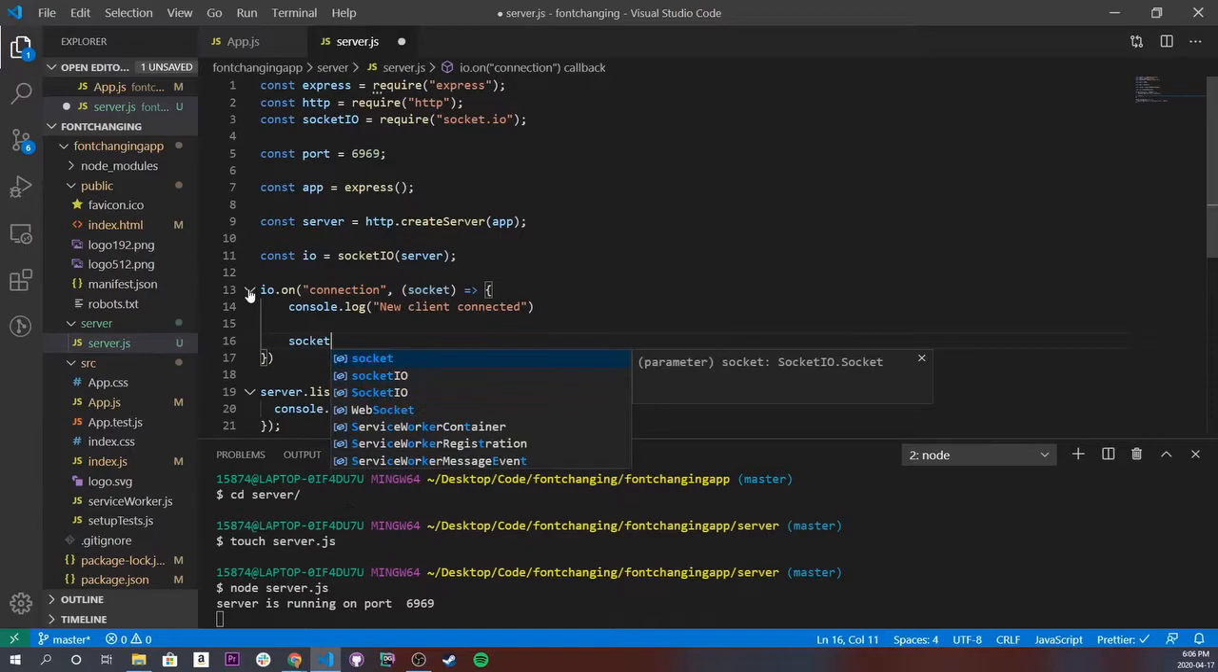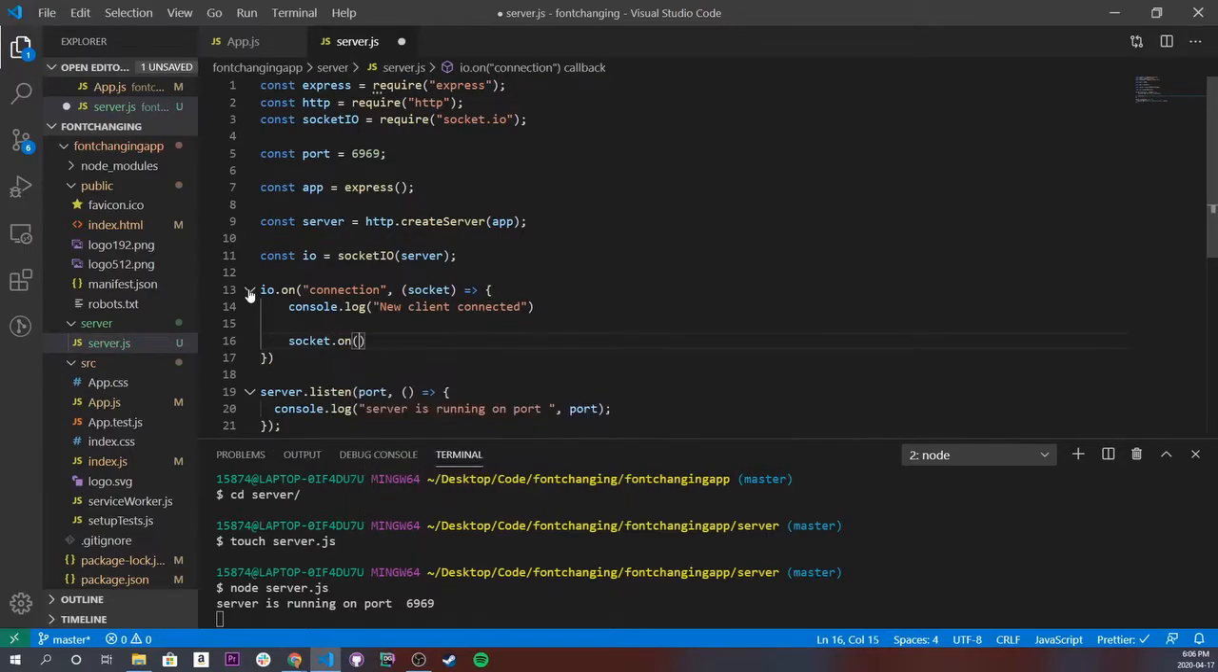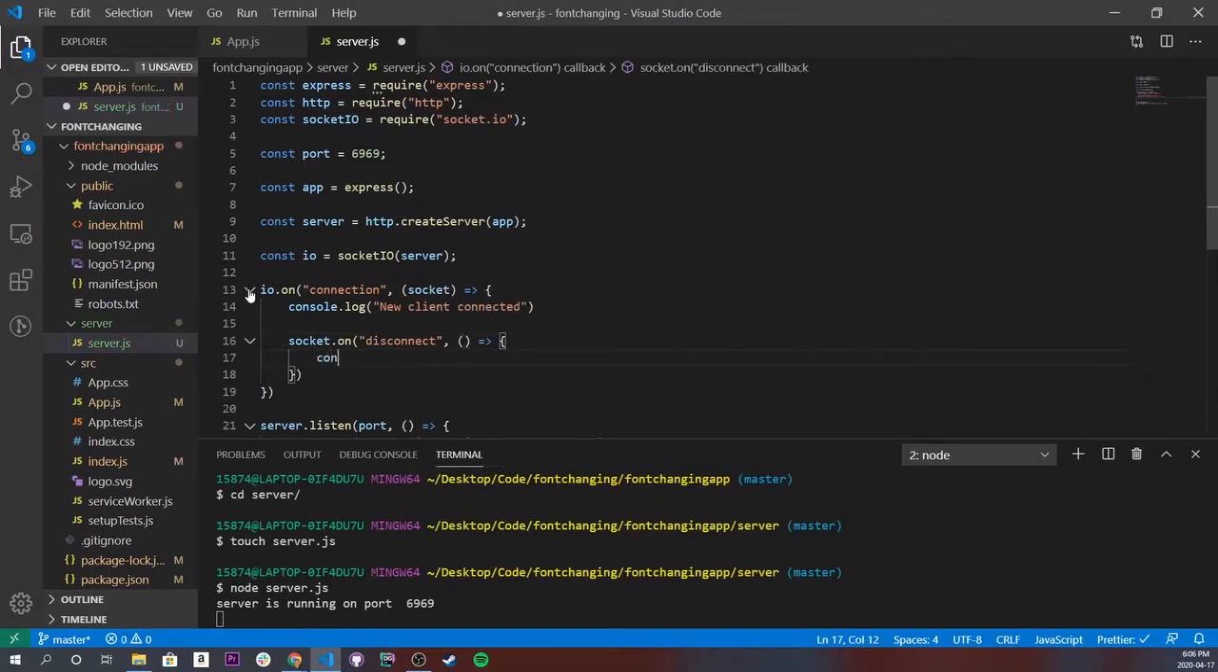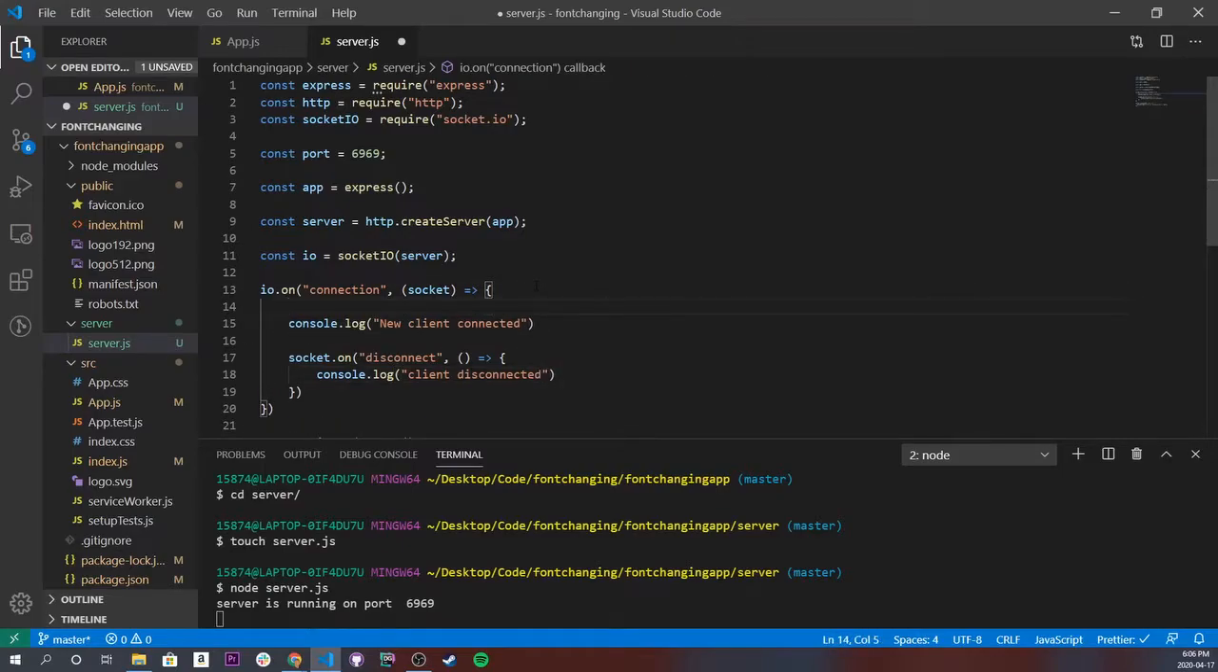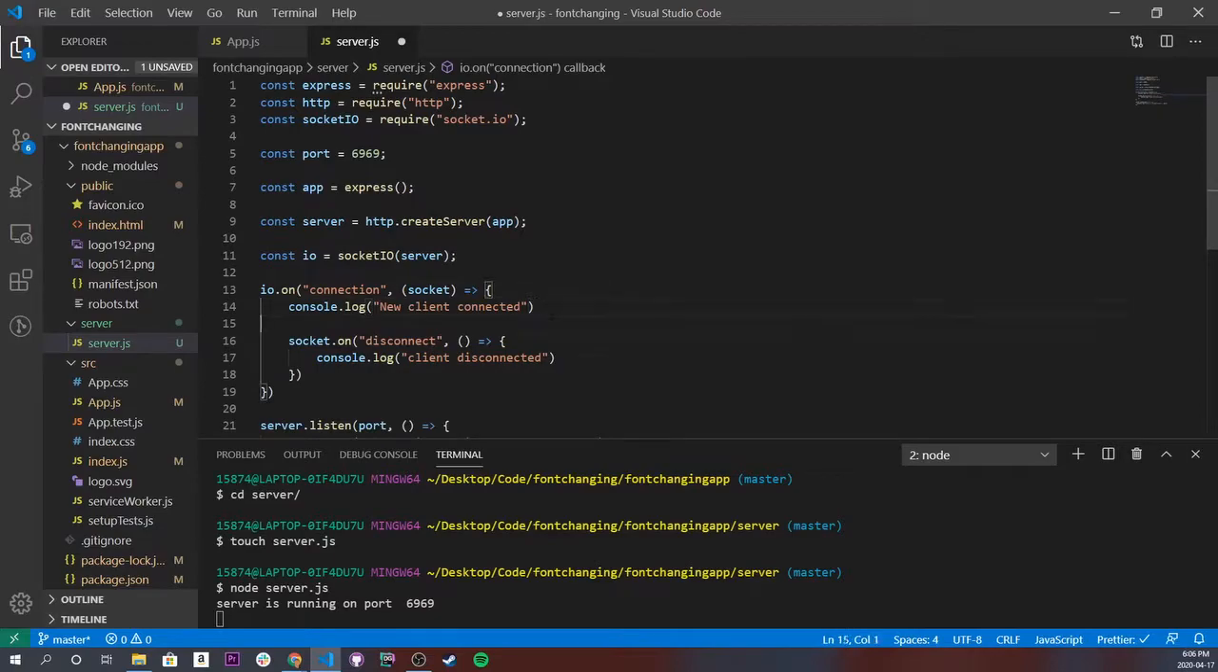and let's do a disconnect as well. So socket.on disconnect. I almost forgot to spell disconnect there. All right, and we'll just do console.log client disconnected. Oh, I guess I must have done a console.log. Let's do, underneath this console.log, let's do